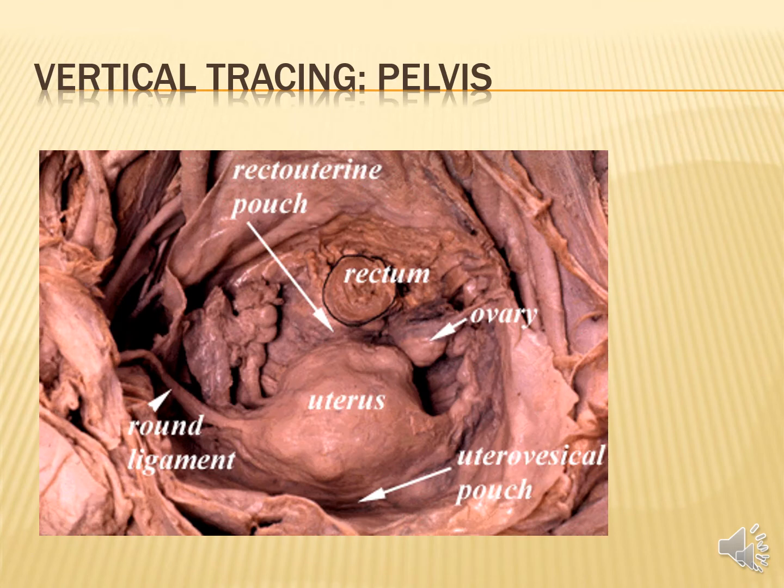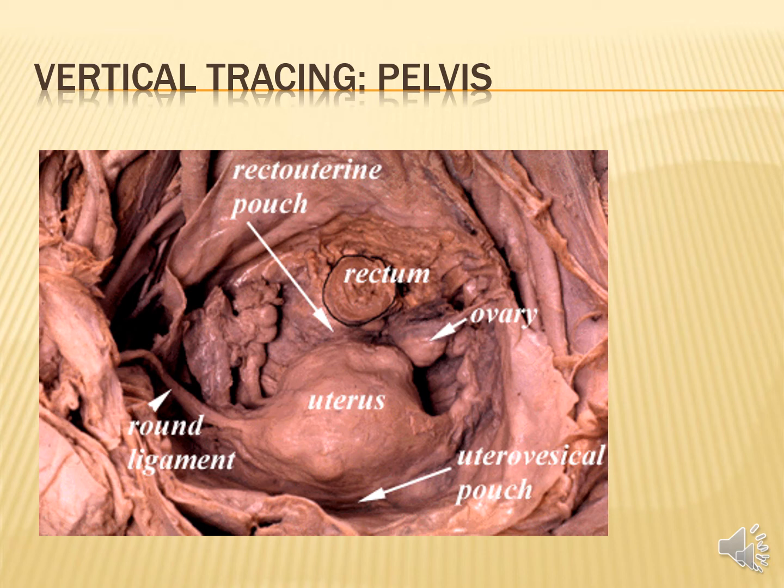Now we come to the pelvis, and what are the pouches which are formed in the male and female pelvis. Here we can see the female pelvis and the rectouterine pouch, which is of immense clinical importance, and it is also known as pouch of Douglas, which is formed by the reflection of peritoneum between rectum and uterus. The floor of this rectouterine pouch is about 5.5 centimeter in front of the anus, and it becomes the most dependent part of the peritoneal cavity, right? If there is any infection.